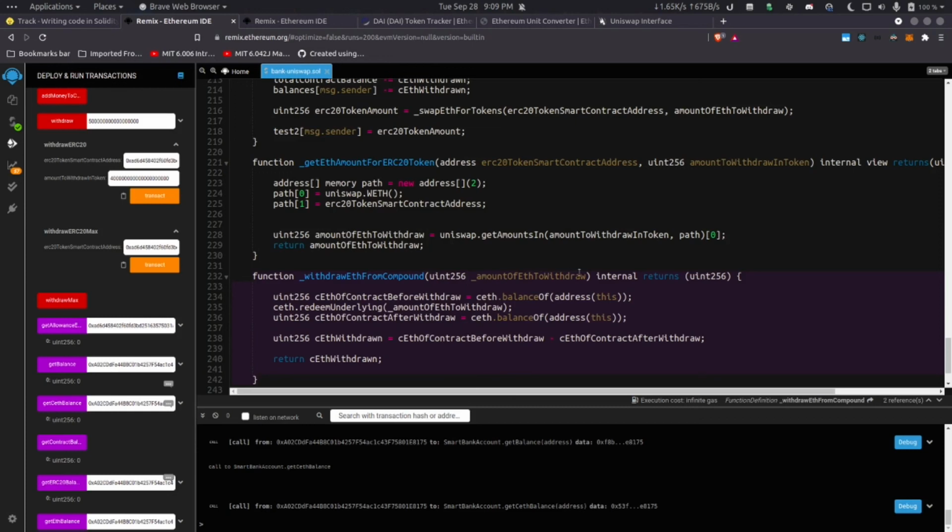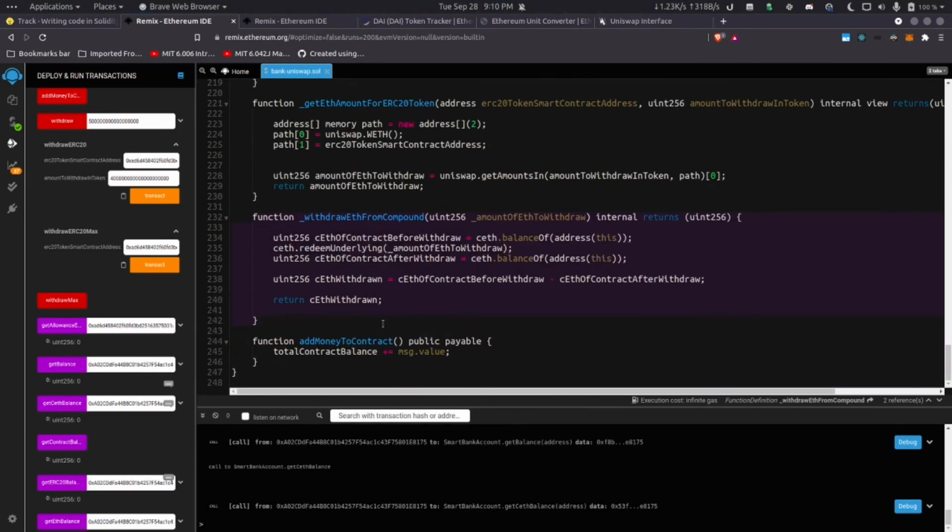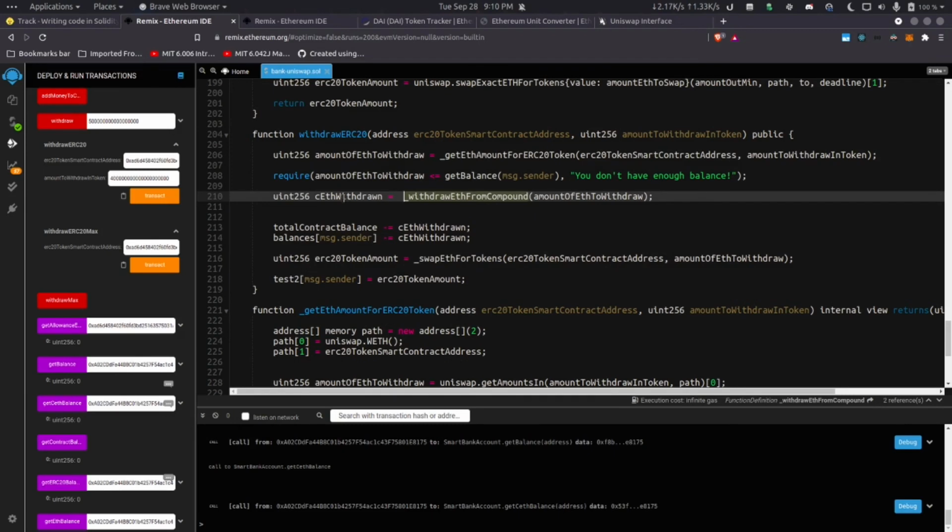So we'll pass the amount of ETH to withdraw. We have gone through the whole drill, so we won't go into it again. Pass the amount of ETH, we get that much amount of ETH. That's what we are concerned with. Okay, see it withdrawn. We store it in see it withdrawn. So now we have got the cETH